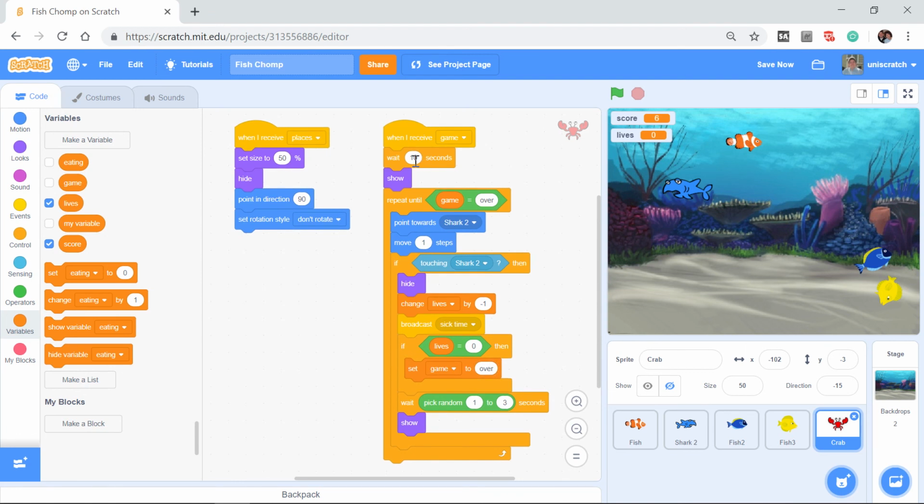And now, one last time we can run this. I'm going to change this out here just so it doesn't take quite so long. Let's take this down to 3 seconds. Crab shows up. There's life 1. There's life 2. He came back really quickly. There's life 3. And we got rid of the game equals over. Now nothing is running, no forever loops, all by introducing this variable. And again, you saw in the monkey video why that was more important in that game than it was in this game.